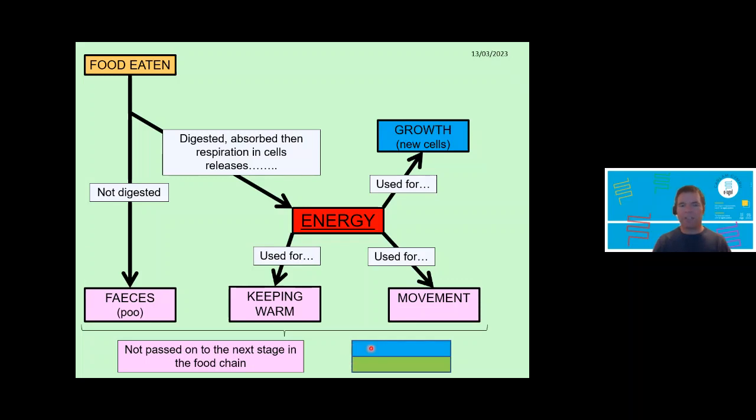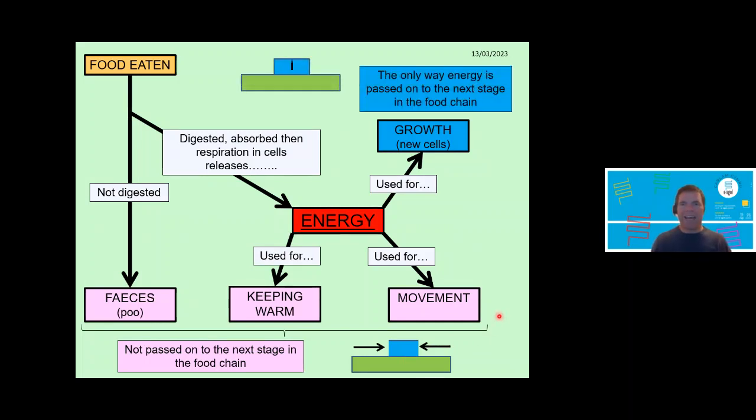But because energy is lost, actually what we get is that the total biomass present in the primary consumer is significantly less than the producer, and this will always be the case, and it carries forward to the next stage in the food chain as well. So that's why you're always going to get the biomass of one level being smaller than the biomass of the previous level. It's because energy is always lost at each stage in the food chain.